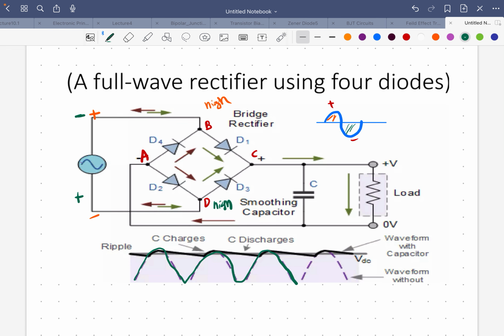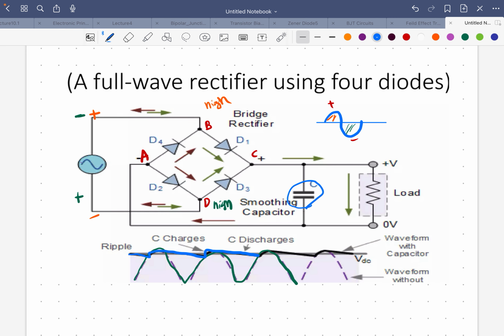But we know that our phones, laptops, anything that needs DC needs to be stabilized as much as possible. So here we use a capacitor. It's a filter, so it will make the wave smoother. I drew it here in blue color, and it will be smoother with the capacitor. We can also improve it by adding some other elements, but